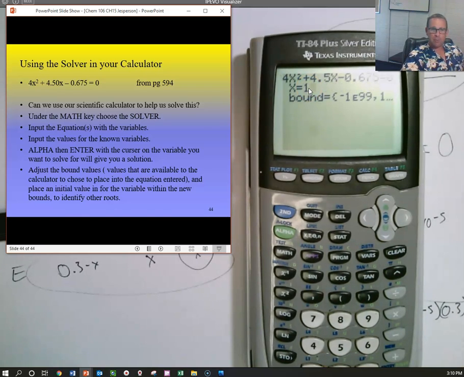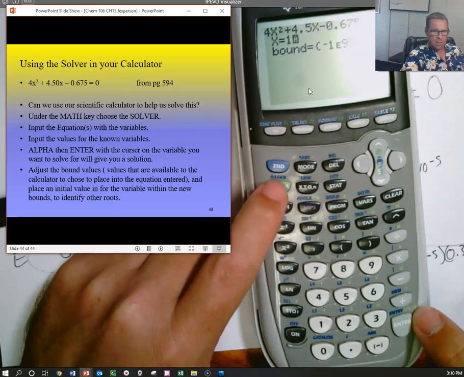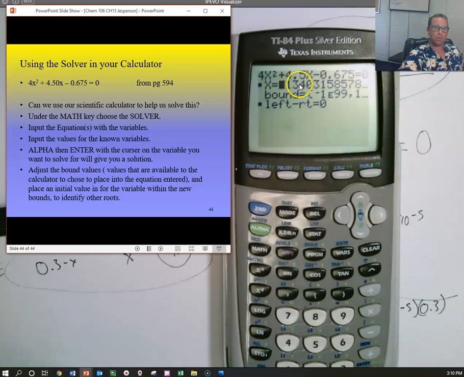So I can put in my first guess, and then I can say solve, which is this green button right here, so I need to go second enter, and then it will spit out a number to me, 0.134. Now, because it's a quadratic, I know that there are two regions where this will cross the x-axis, and that's what we're asking it to do here, solving it, setting it equal to 0, right? So we know that there's two values where it will cross the x-axis, not always, but often. And so it'll give me one of those values,